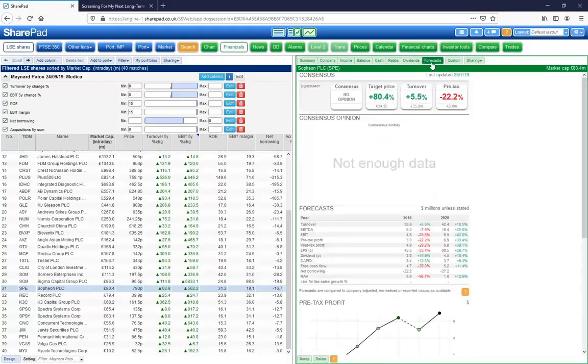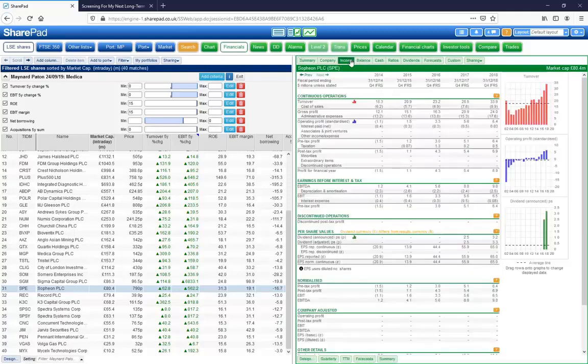There we go, forecasts here. So we can look at the EBIT, and 4.8 million profit is what the brokers are expecting. So we can go to the income statement and look at the half year as well. So that 0.8 million here. To get 4.8 from 0.8 in the first half, the second half needs to be a 4 million profit,